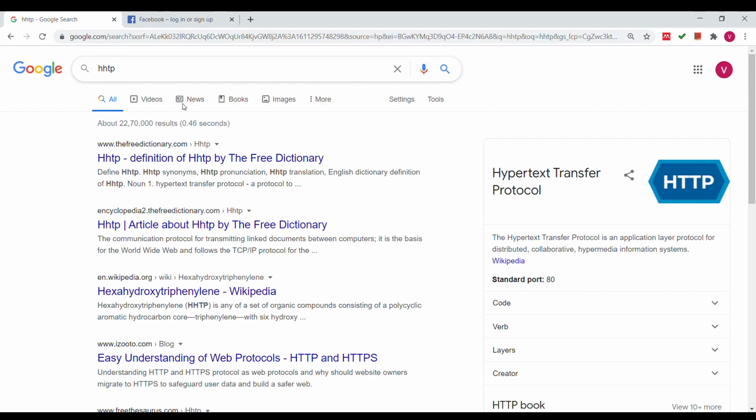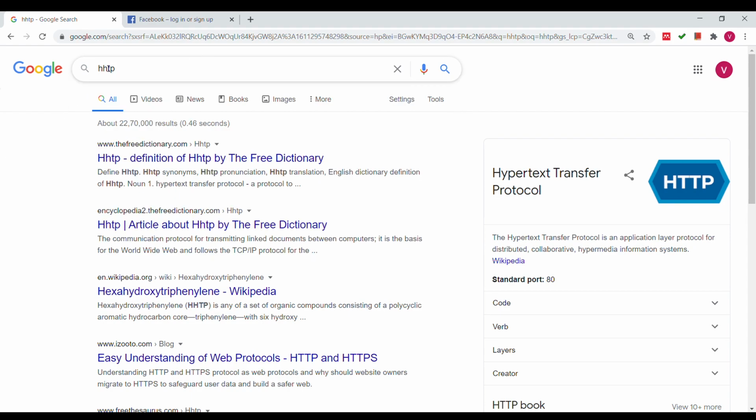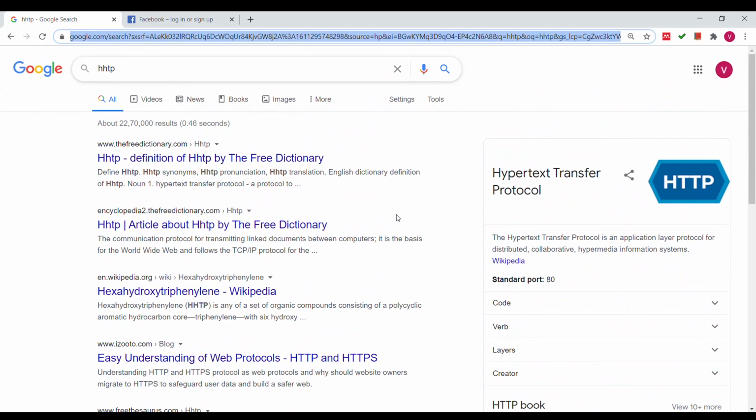So this is a GET request, which means that the data that we wanted to send to the server has been appended in the URL itself. And this complete URL has been sent to the server, and then the server has processed the query, and then it has replied with a response which contains these results. So all these results are generated by the server and they are returned to the client in a response which is an HTML response.